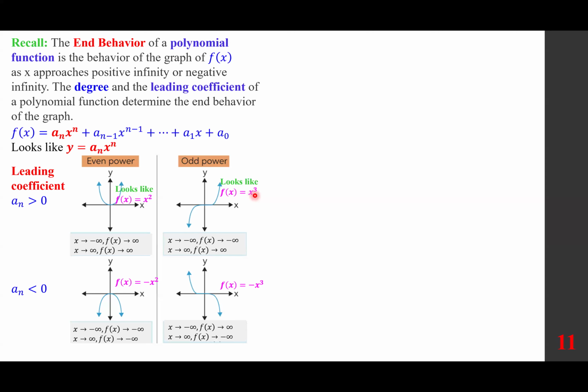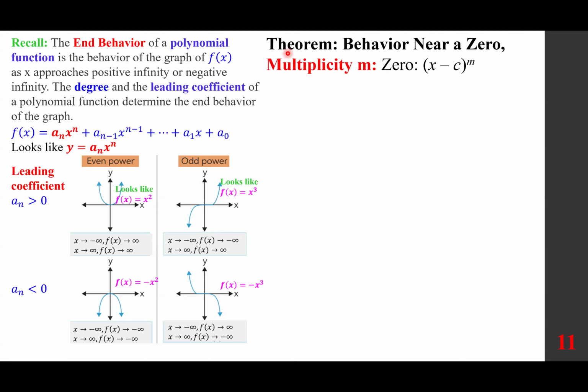Looks like x cubed. If a sub n is positive, that means x goes to negative infinity, so does y, or f of x. Remember, f of x is like y. If x goes to positive infinity, f of x goes to positive infinity. On the other hand, if a sub n is negative, it looks like minus x cubed. X goes to negative infinity, f of x goes to infinity, and x goes to infinity, f of x goes to negative infinity. In this case, the first and third quadrants, in this case the second and fourth quadrants. That's the idea. The next thing I want to add is the theorem known as behavior near a zero